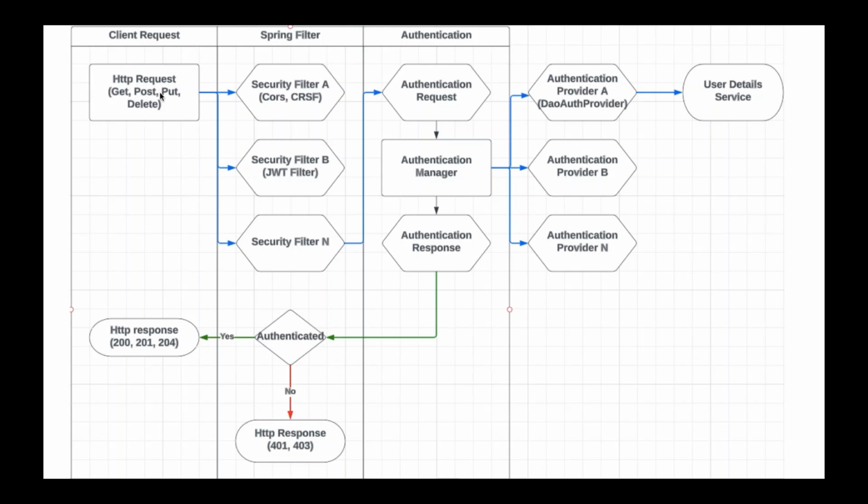You have a couple of methods that you can execute: get, post, put, and delete, and based on what the client or the user requests from the backend server via your APIs, they would hit one or a number of security filters that you would have in place, and based on your security configuration, which we'll see now in the code base, it will run through all of these filters: cross-origin resource sharing, CSRF, and JWT filter, and